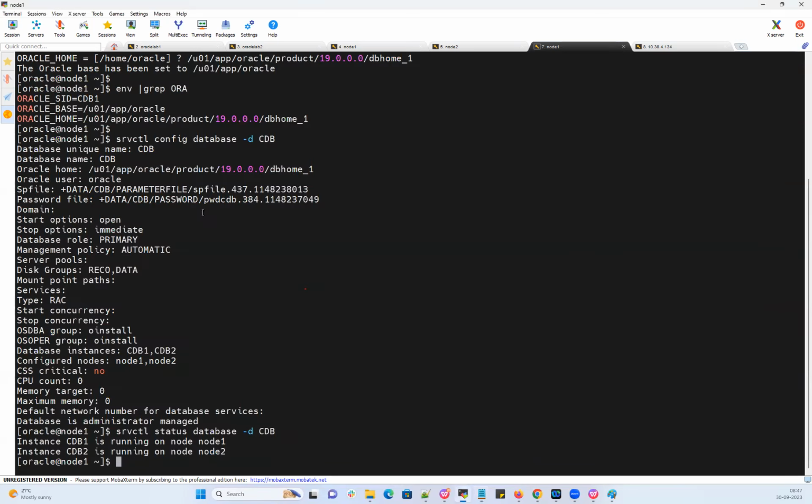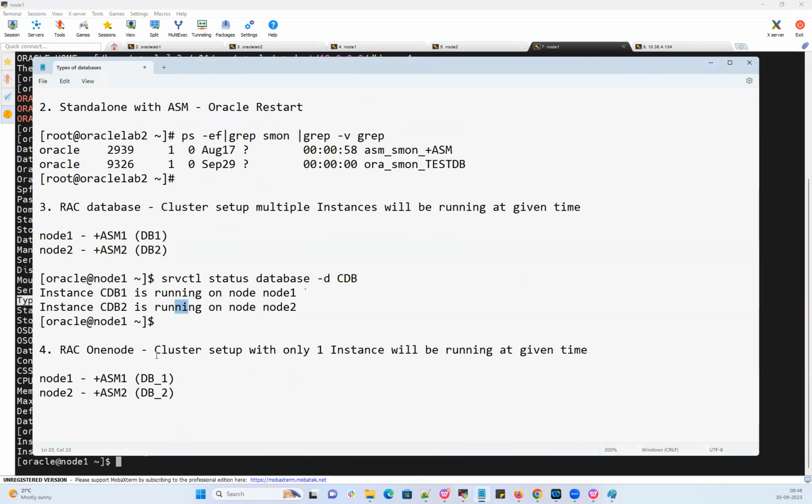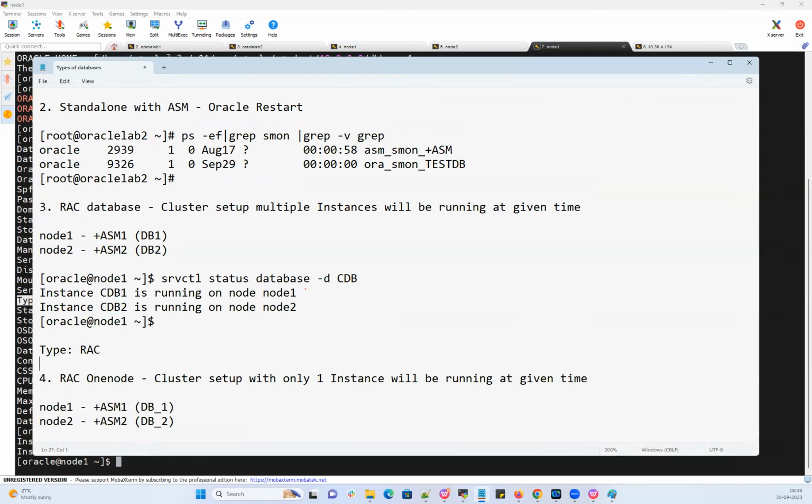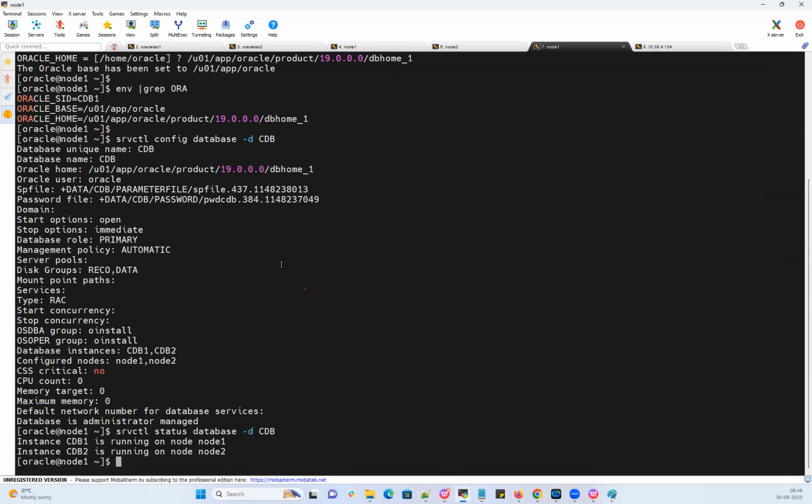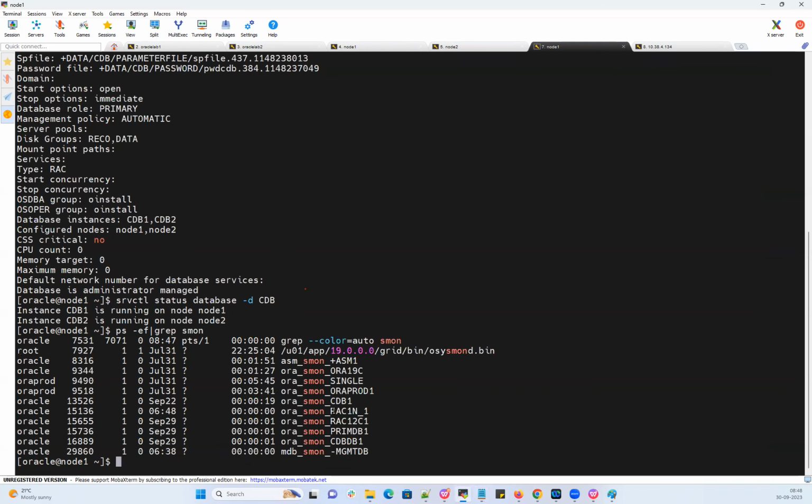And then if I do srvctl config database -d with your database name, it says the type of the database is RAC. The config command will give me the type of the database as RAC database. That's fair enough. So I have one more database here. That's a special database, and if you can see RAC One Node underscore n, this is the name of the database I gave. So if I set the environment for that,